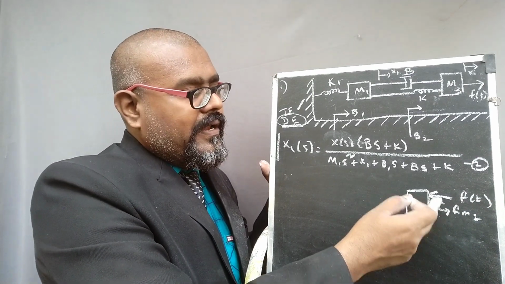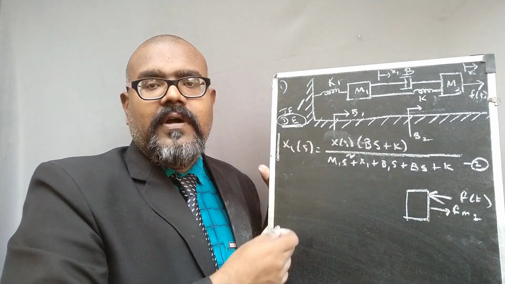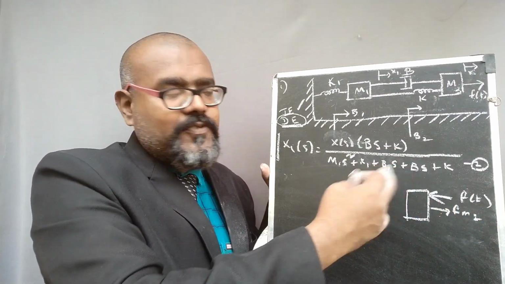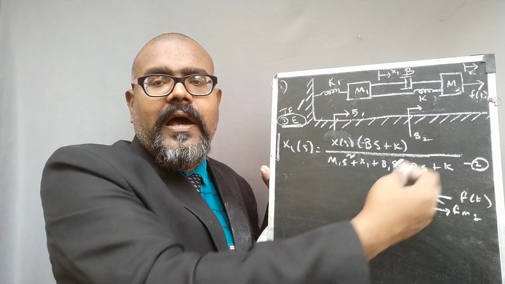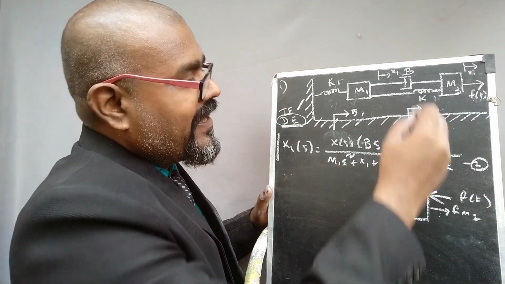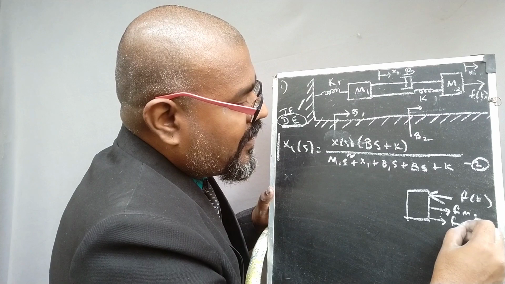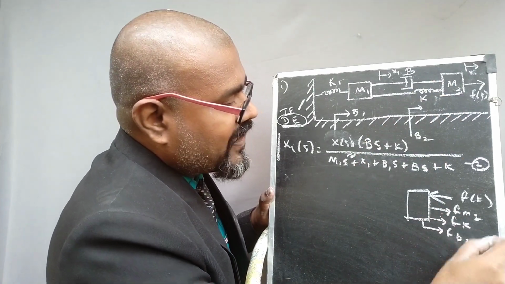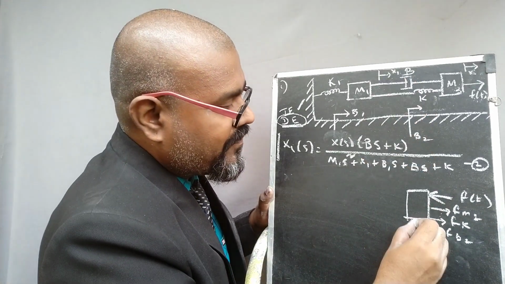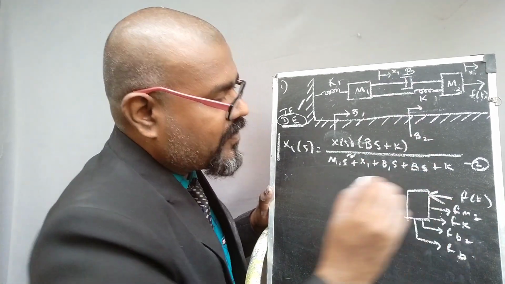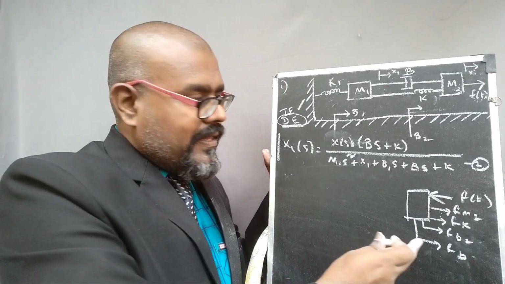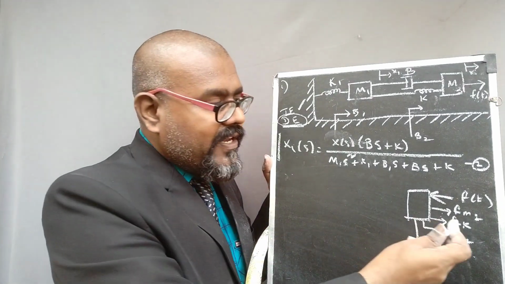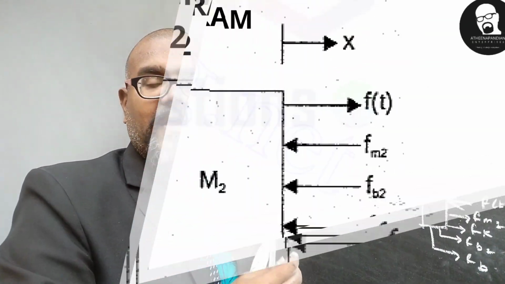What is the need of the indication of arrow marks in the different sides? This arrow mark indicates the applied force, this arrow mark indicates the opposing force. That is why I am putting the arrow mark towards the m1 and opposing the m1. And then fk is another opposing force here, and this fb2 is another one, and then this fb. So here we have this particular opposing force and applied force. So what is the next step? We need to find out the formula of each and everything.